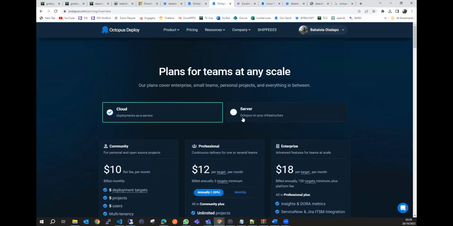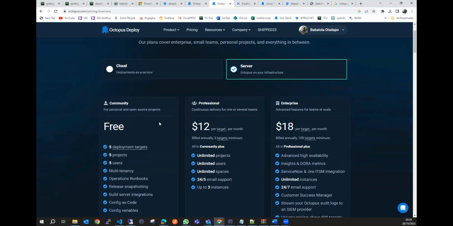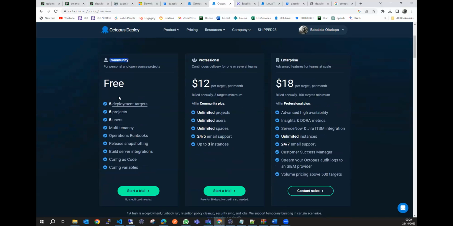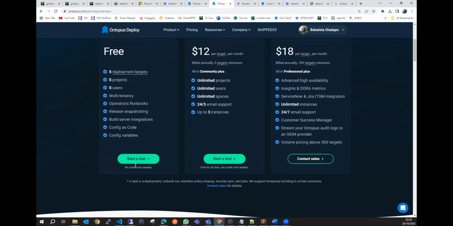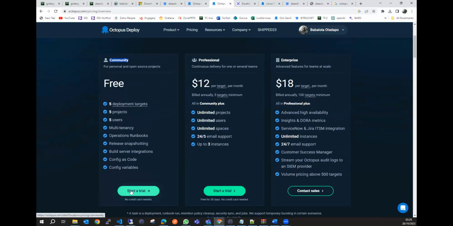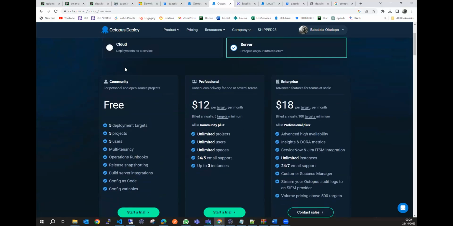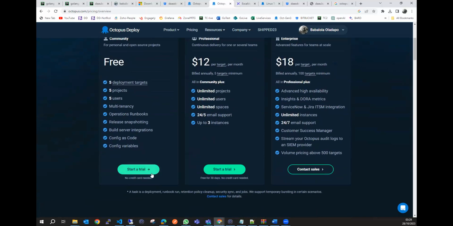But for the server, Octopus on your infrastructure, let's see what is there. For the community version, you can make use of it for free: 5 deployment targets, we'll talk about this now, 5 projects, 5 users, multi-tenancy, and what have you. So if you click on start a trial, you can be able to run Octopus Deploy for free without any additional costs. So click on start a trial